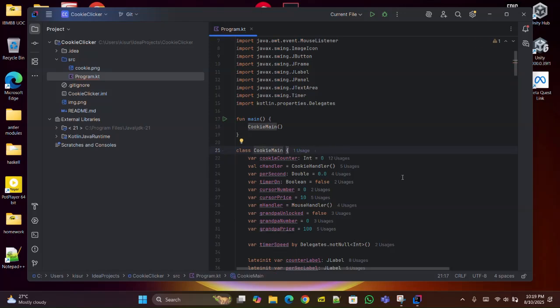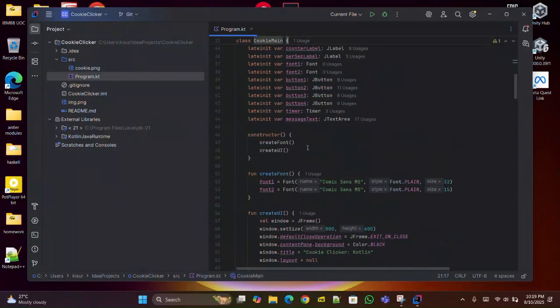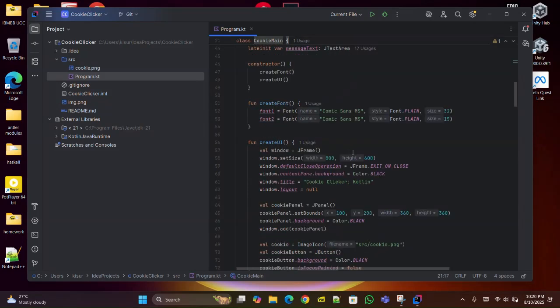What I have defined here is known as the secondary constructor in Kotlin. And in this secondary constructor, we have a function createFont and createUI. We call these two functions. I will explain the createFont function first. It initializes the two font variables with constructor calls to the Font class, and the Font class will have a Comic Sans MS font type, and